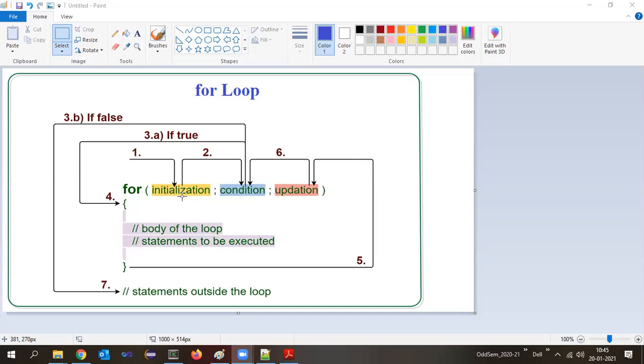Now, what we need to remember is that within the for open bracket and close bracket, we need to write three statements, and all those three statements should be separated by semicolons. How many semicolons will come inside the for statement? Two semicolons. Right? First is the initialization, second is the condition, and the third is updation. That is increment or decrement or any other operations we write.